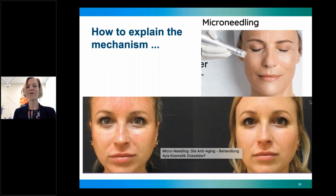So a lot of women have already seen or experienced microneedling, meaning that you are producing tiny holes within your face, which at the beginning looks a little bit dramatic, because here you can see a picture of a woman right after the microneedling, and you get the impression, oh my God, everything is inflamed. So that looks a little bit scary maybe, but on the other hand, just a couple of days later,